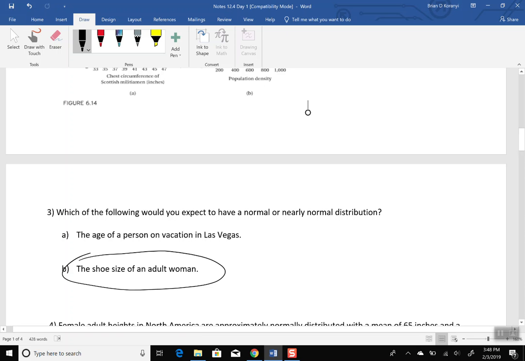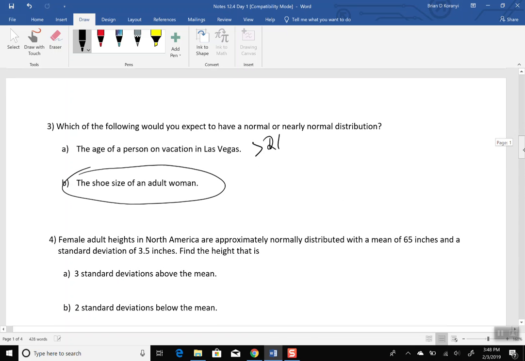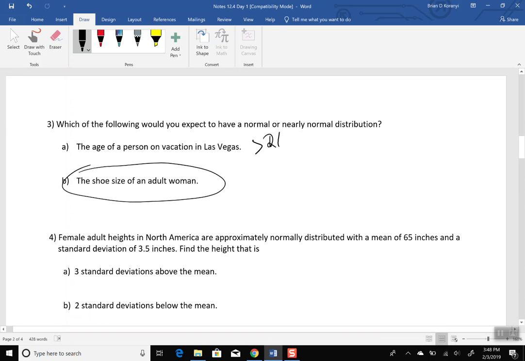The age of a person on vacation in Las Vegas, if you think about who can travel to Las Vegas, who would enjoy Las Vegas, this would probably be skewed to people who are older than 21. I forget what the gambling age is. I think the gambling age is maybe 18, but the drinking age is 21. And having money to even do that stuff, probably older than 21. So you're not going to get that nice neat distribution. And then you probably have, I would imagine, a lot of old people who go there for retirement, and then a lot of young people who are going there for fun and parties and whatever else have you.